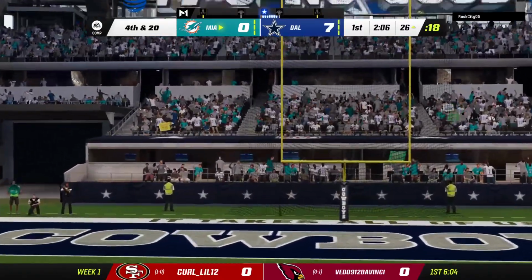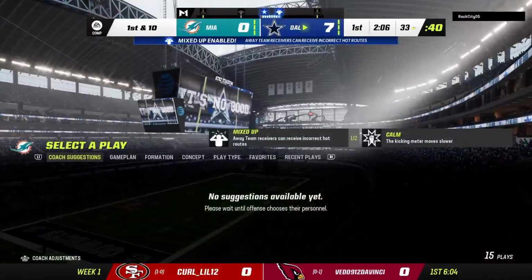And this one is no good. He missed it. And this will stay at a 7-point